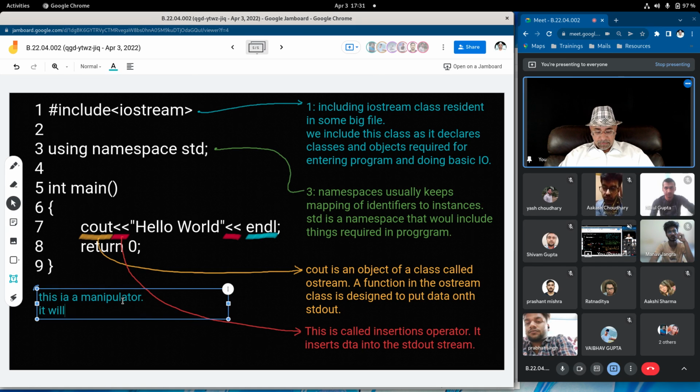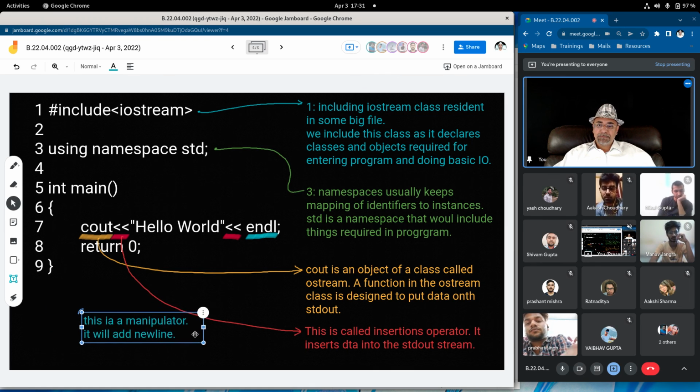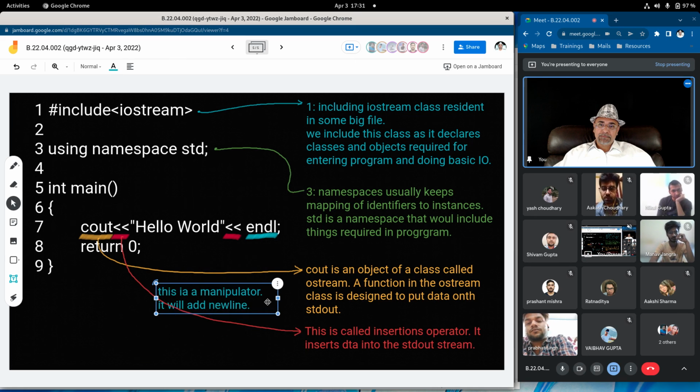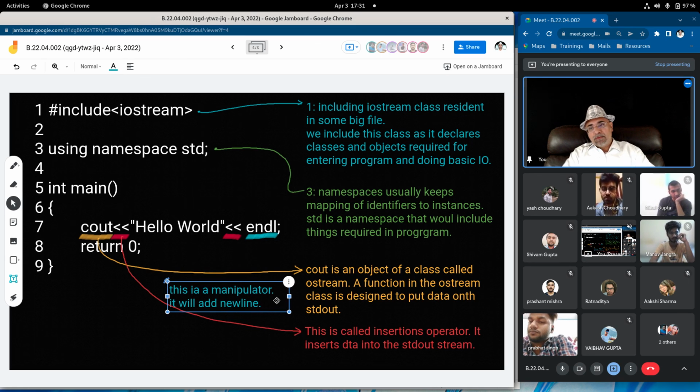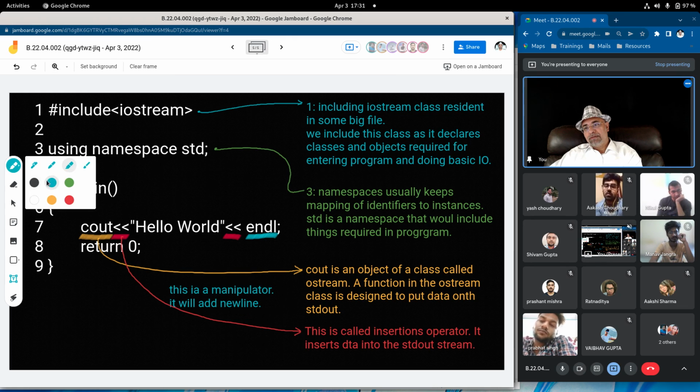It will add a new line, just like \n in C. Okay. This was your hello world that you understood.